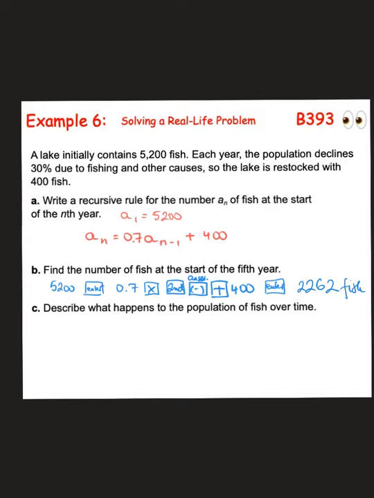So if you press the enter 4 times, then you should have the answer for the beginning of the 5th year. Now keep pressing the enter button to find out what happens with the population of the fish over time. And what we notice if we press the button many times, is that the fish population approaches